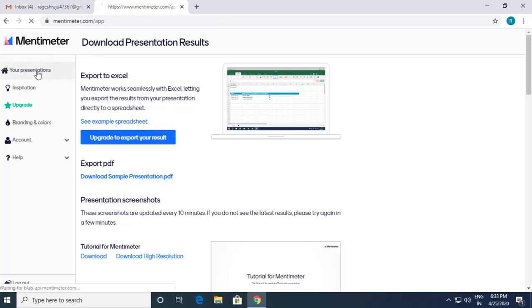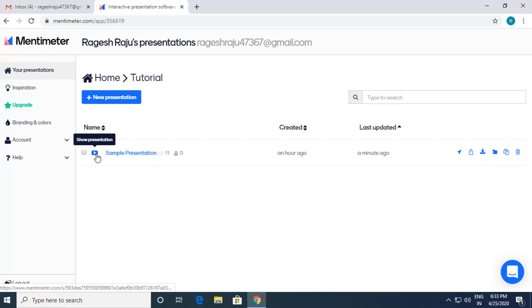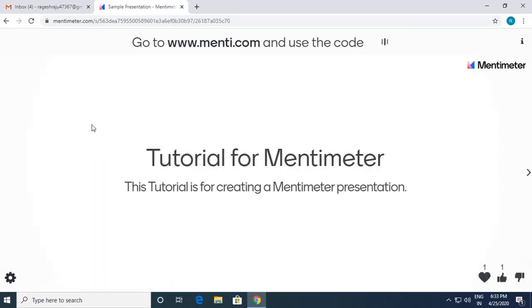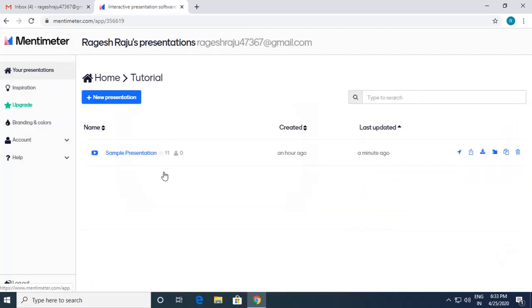You can go back to your presentations, and if you want to add a new presentation, you can add it here. This is how you work on it. One more thing I want to show: this is the presentation list. If you want to present right away, you can click here and start presenting. I click on escape and go back. If you want to go back to any of the previous folders, you click on this and go to that previous folder.